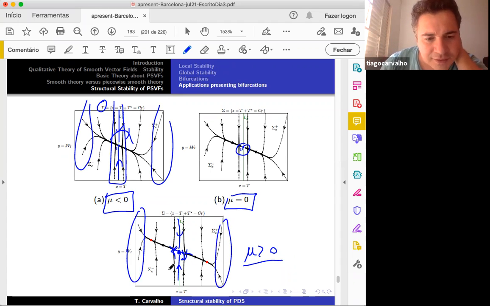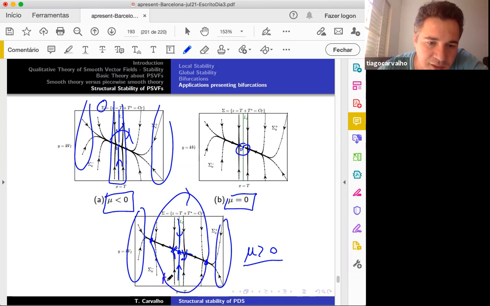But the point P, all the line, has a repulsive behavior. So it's possible to prove that there are two attractive fixed points of the crossing dynamics. In fact, these points correspond to a limit cycle